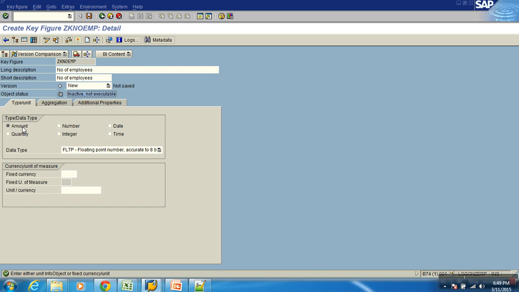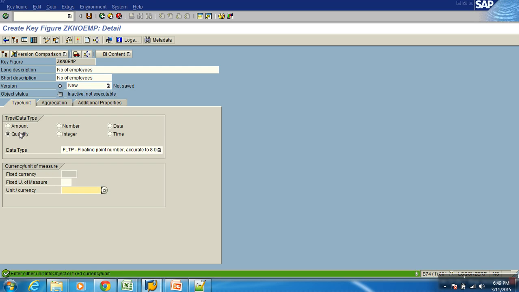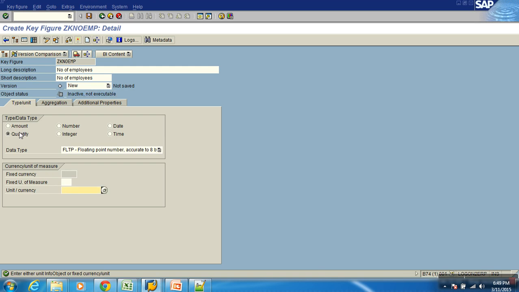In the type of key figure, you'll have amount, quantity, number, integer, date and time. When you say type as amount, it will be a numeric value with decimals and should be associated with some currency. Now when I say quantity, it will again be a number with decimals associated with a unit of measure.